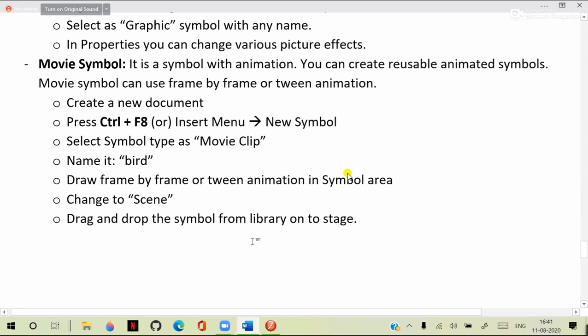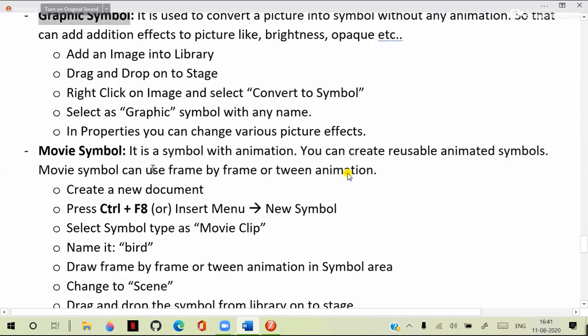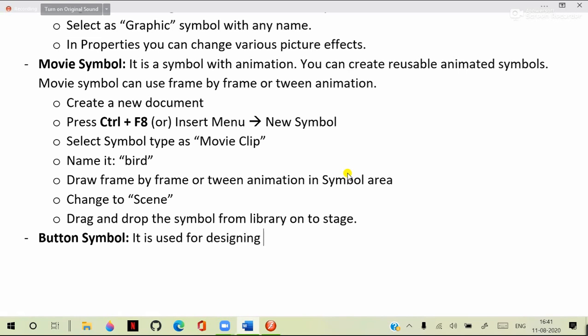So movie symbols are animated symbols. Graphic symbols are normal symbols. Technically we have another symbol, a button symbol. Actually, button symbol is used for designing forms. That means it is used for designing online Flash based interactions,